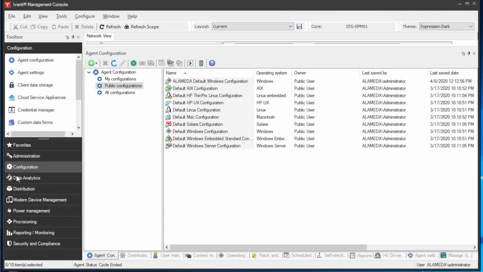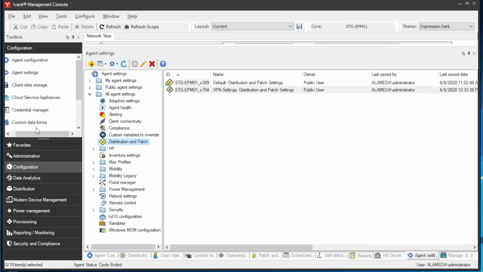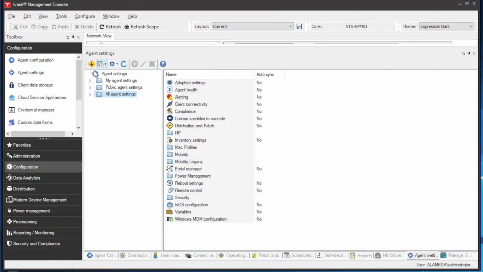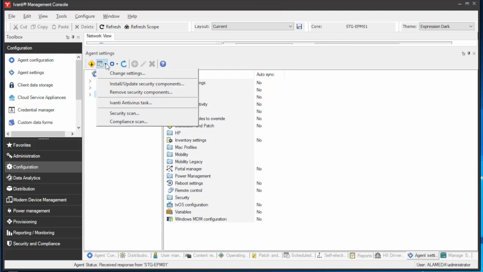Now, the last thing we want to do in this configuration is actually apply the settings to our current agents that we have currently deployed. To do that, what I usually do is go into the agent settings on the left-hand side of the toolbar, and then select the little icon with a little calendar and a clock on it. That is the create a task button. Select that,